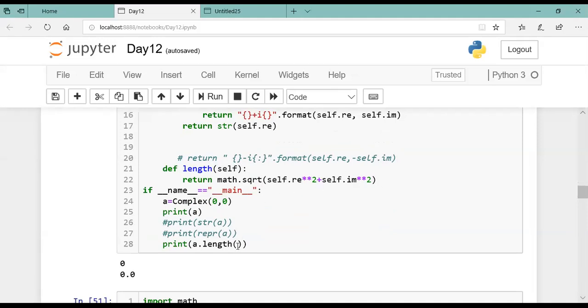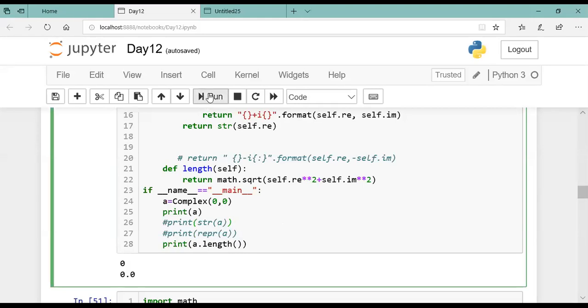So this is done. And in order to call the length, this is not a dunder method, so this can be called with the traditional way of calling a method. What is the traditional way? Object dot method name. Understood? Object dot method name if it is not a dunder function. Okay, this is the traditional way to call the method. And here we are not calling the init method, because init is dunder and it is a constructor. So when you pass the value directly, it will run. Okay, so let us take this example, run it.